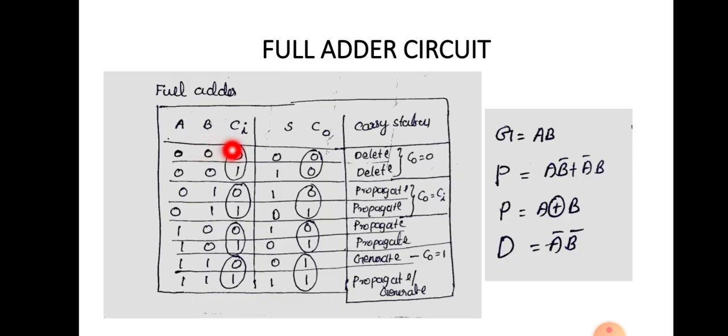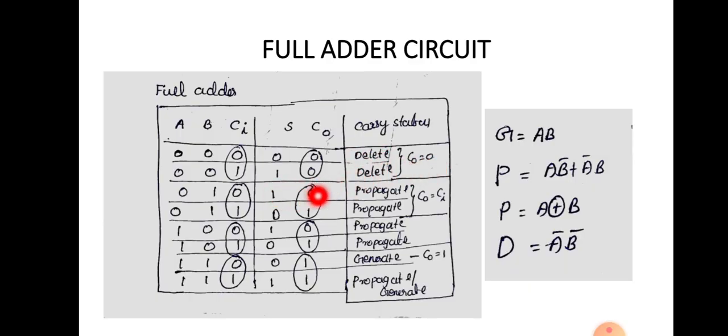The full adder will add 3 bits and produce a sum and a carry bit, and here the output carry status is indicated. In the first two cases you can see that the carry input is 0 and 1, and the carry output is 0 and 0. So the carry is deleted here. Here the carry was 1, now it is deleted. Here also the carry was 0 initially, now there is no carry. Since there is no carry, we can say that it is a deleted carry. So the carry status is delete, so C output equals 0.